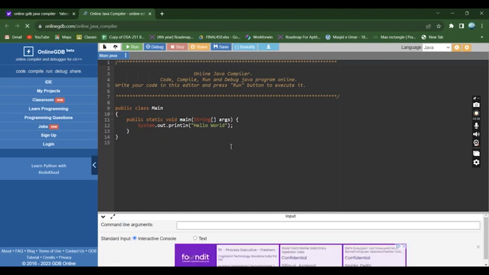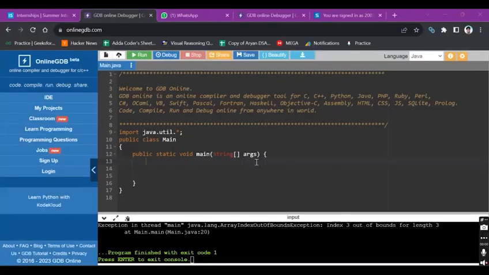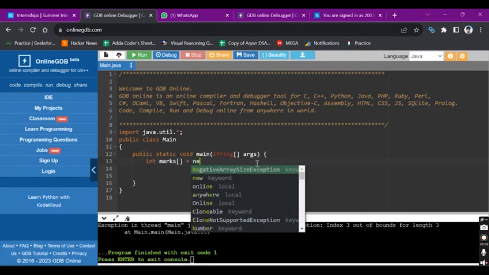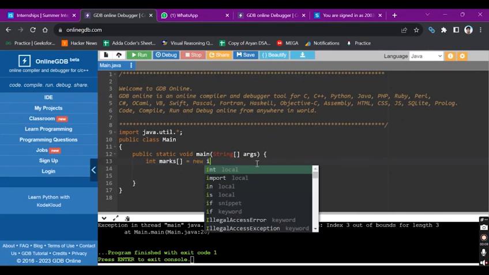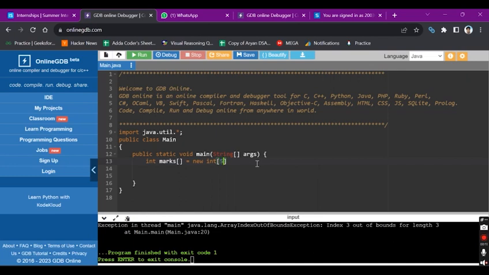See, this is the online Java compiler. This is the basic syntax, the main class and the main function, in which we have to write all the methods and variables. We all have to write in the main function. So let's try to see the code. Writing to create and initialize an array using the new keyword, new int, now the size,